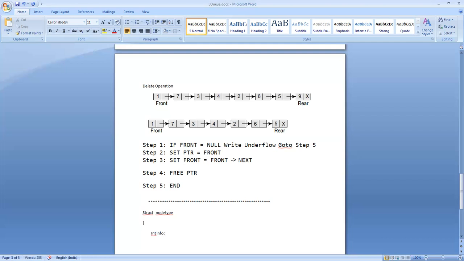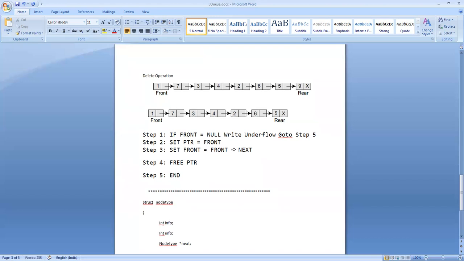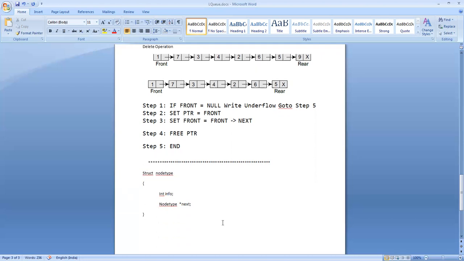The next data member is a pointer member, pointing to the very same kind of node, so it is node type star. I call that pointer member next. It is a pointer field, so we should have a star before this pointer variable. Now we have designed a self-referential structure.